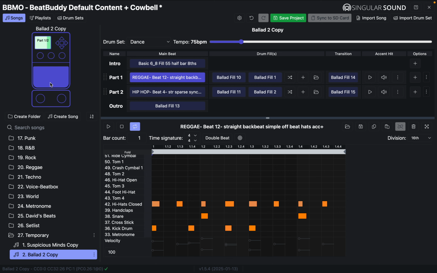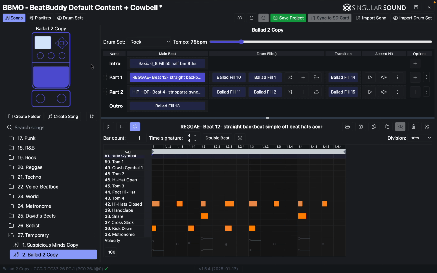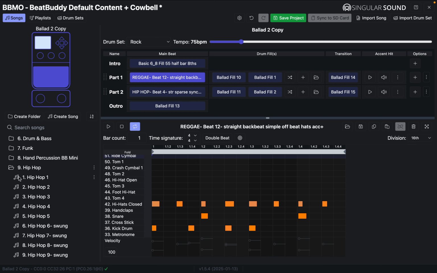So this is the reggae beat 12 in a dance drum set. Let's go to the hip hop. Oh, sorry. There we go. And the outro. Okay. Different. What about ethereal? Let's have a little play. Transition to part 1. Part 2, sorry. And the outro. So, and you can use this and basically,